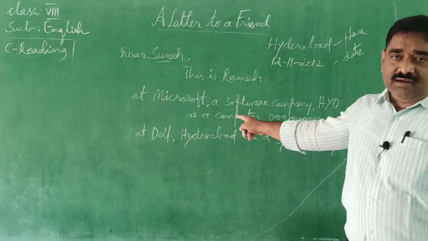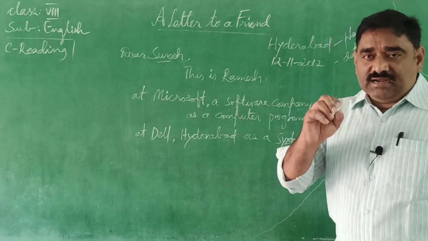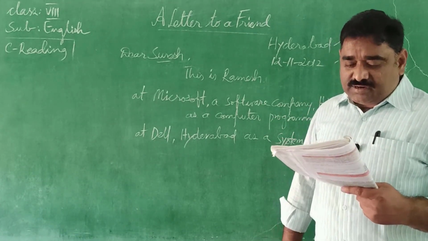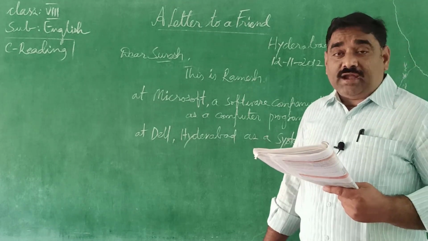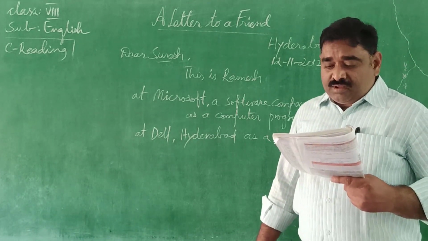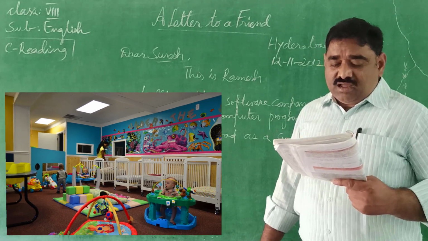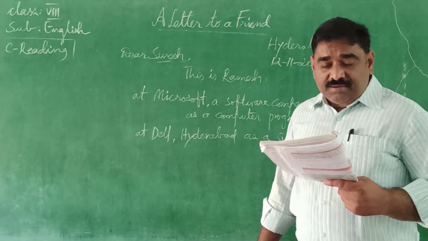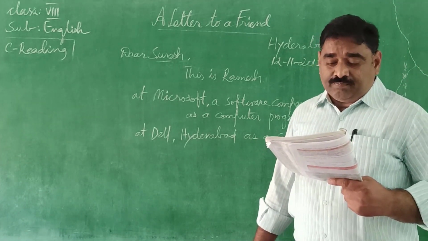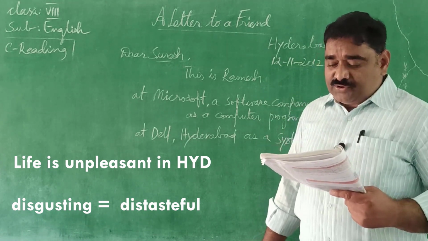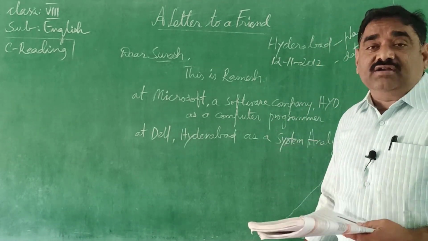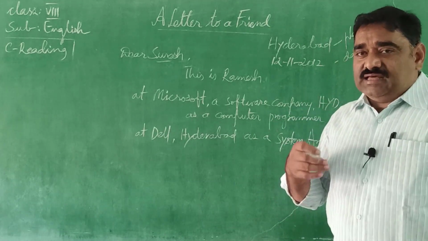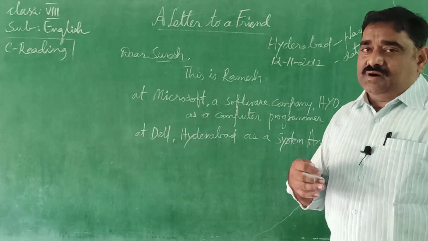How many children did Ramesh have? Ramesh had only a child. "My wife works at Dell, Hyderabad, as a system analyst. You know, city life is quite busy. We start in the morning, leave our child at the baby care center, and come back in the evening with faded faces. We hardly find time to sit together. How disgusting. We work with the computers, think like computers, and live like computers. We have forgotten our family." So here, Ramesh expresses his feelings about the way he lives in Hyderabad.